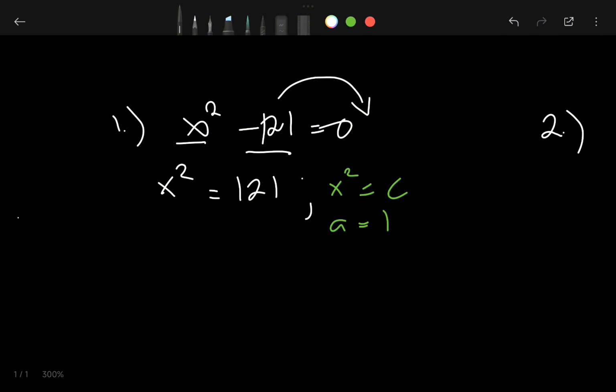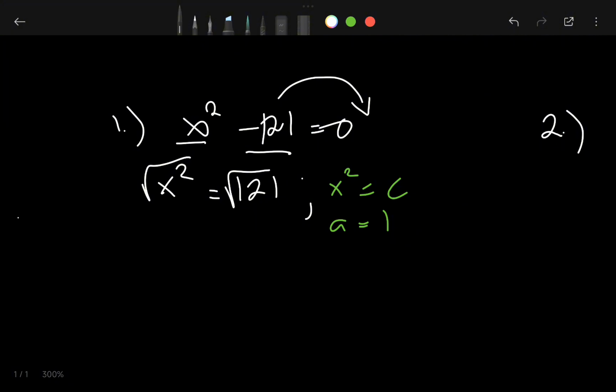What does the square root property mean? The square root property is simply getting the square root of both sides of the equation, then you can have two answers, which are positive and negative. So all you have to do here, class, is to square root both sides of the equation. So we have the square root of x squared is equal to the square root of 121.